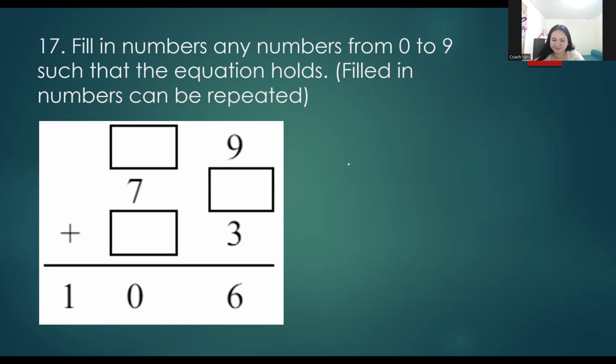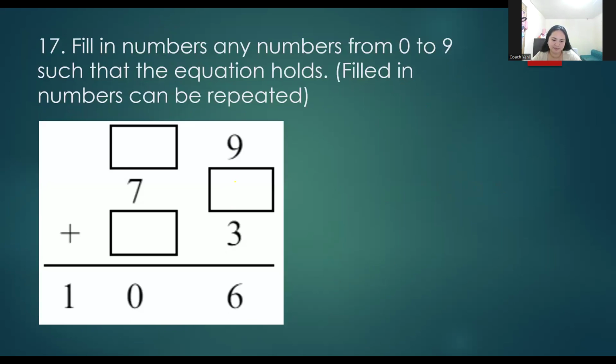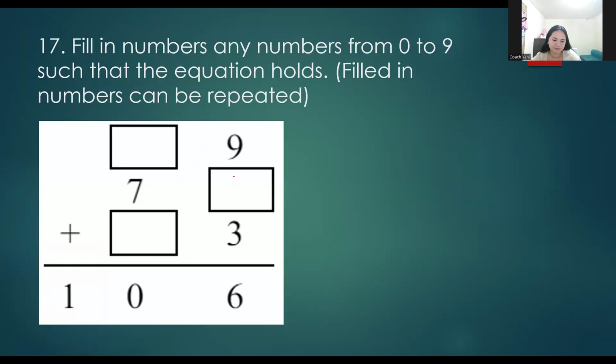So first, in the first blank, 9 plus 3 is 12, right? But the question is 16. So there are 4 there. They need 4. Okay, and then? 4, so remainder 1 in the 7. So in the two boxes, 7 plus 1 equals 8, plus the other 2 boxes equals 1, the first box. And the other box is 1. Okay, very good. So that's the correct answer.